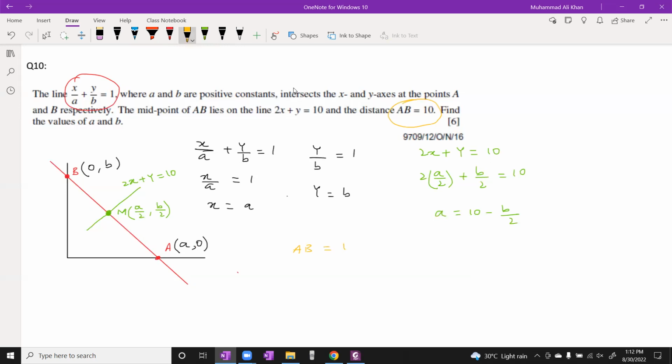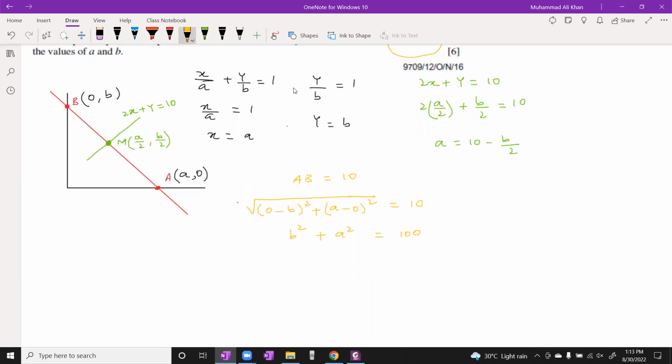AB का distance calculate करना है: (0 minus b) whole square plus (x2 minus x1) whole square equals 10. Squaring both the sides, b square plus a square equals 100. कोई problem? आगे चलते हैं।